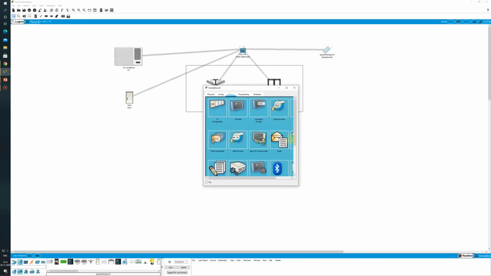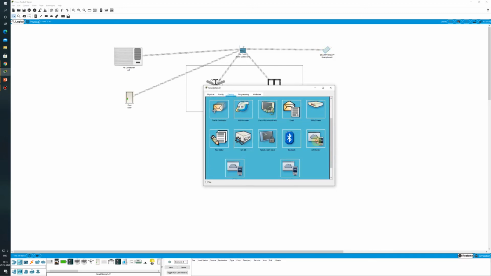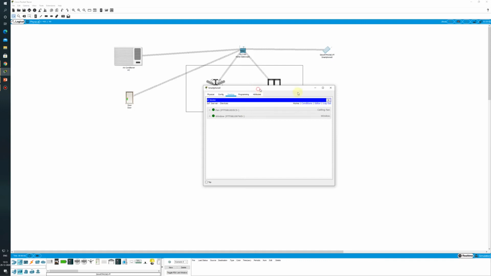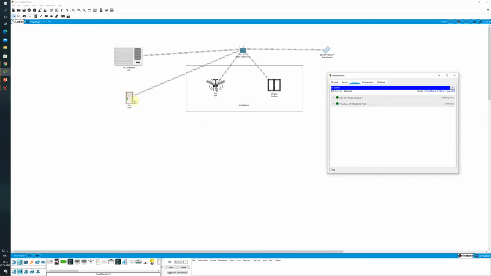Let me again open my smartphone and go to the IoT Monitor. It will take some time. Both the AC and the door will also get connected to the gateway. The door is here. Let me lock, so the door is locked now. Now let me unlock. So the door is unlocked. Now let's wait for the air conditioner.